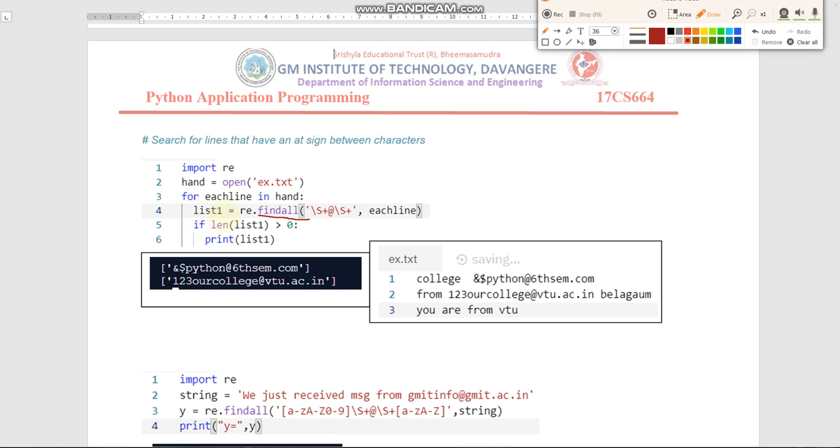That is why list1 is equal to it, in order to receive the data from the line. Finally, if the length of list1 is at least one, meaning we have at least one element in this list, then we are going to print list1, which will contain the interested pattern.